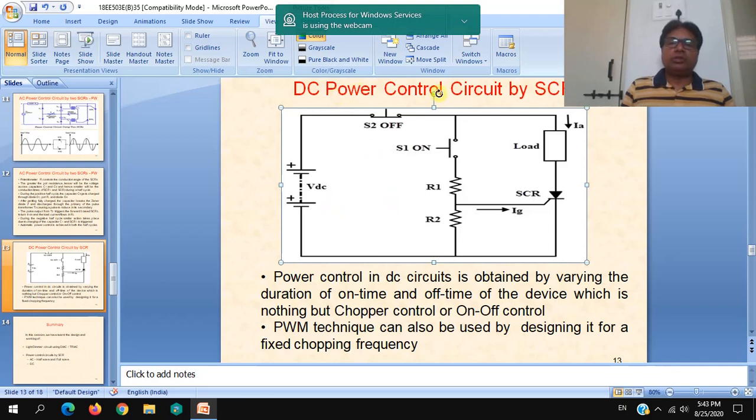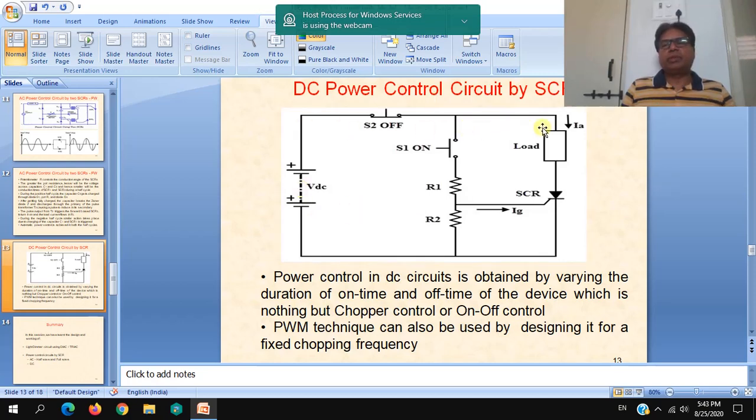If you want to control the power continuously, then this should be opened again, totally obstructing the power, then control this switch. Alternately, we have to use these switches so that the total average power delivered to the load will be changed. Means you have to do nothing but chop the DC supply voltage applied across the load by using this SCR, by operating these switches.